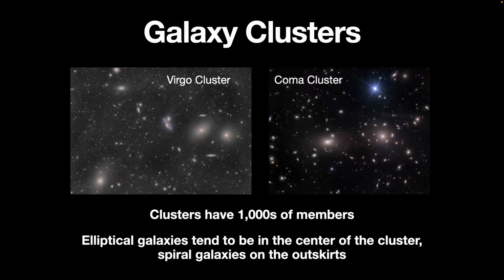The Coma cluster is another very well-studied cluster. It is enormous. It's about 10 million light years in diameter. It's about 300 million light years away and contains up to 30,000 galaxies. It is a little bit hard to tell sometimes, but this is a portion of the Coma cluster. The Coma cluster has two really big galaxies in the center of it. So galaxy clusters tend to have elliptical galaxies near the center with spiral galaxies near the outskirts. And both of these pictures here are favoring looking at the cluster towards the center, especially the Coma cluster.